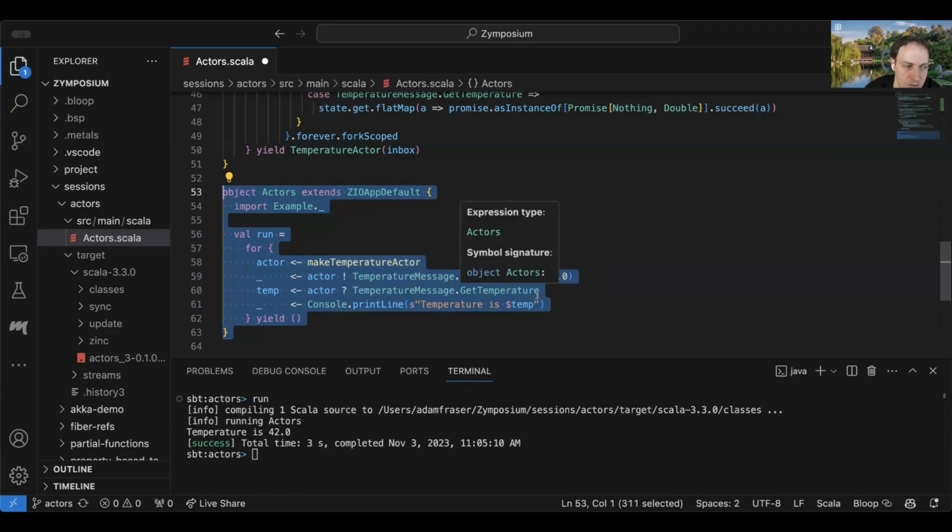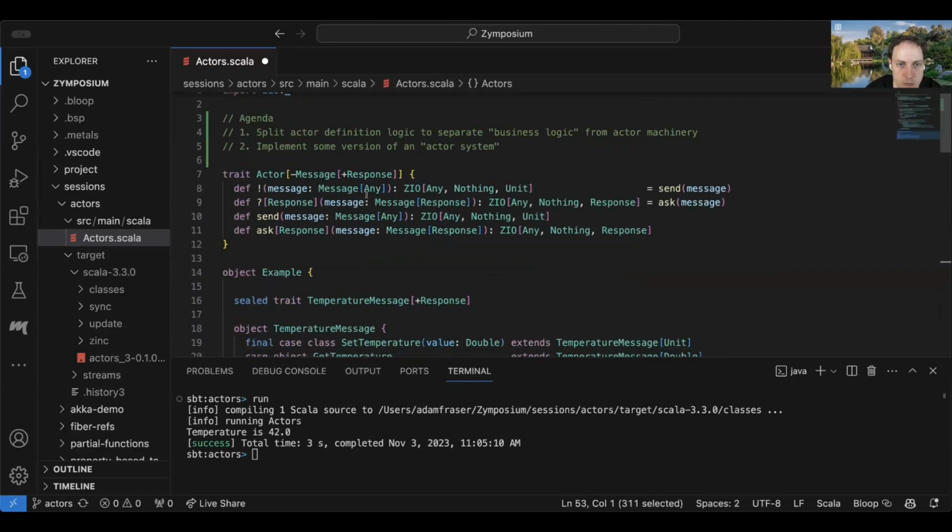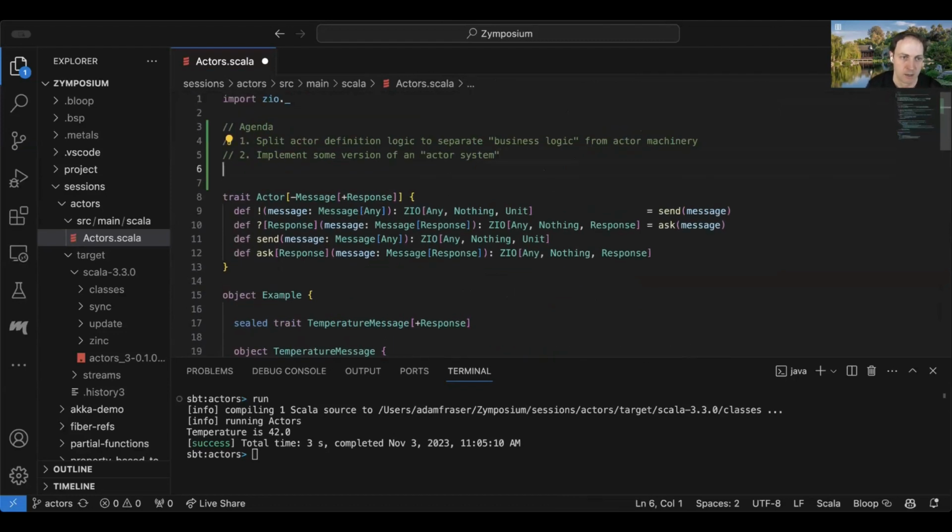So I think the actor system is going to abstract over that and say, if you want to talk to an actor, it's going to eventually give you back the result, but it may do it by interacting directly with an actor if it's local, but it may also communicate with an actor through a remote protocol if the actor is on another machine and then get back the result and give it to you that way. So I think the actor system is going to be an important abstraction to enable that.